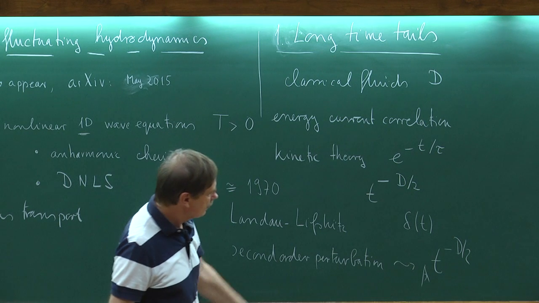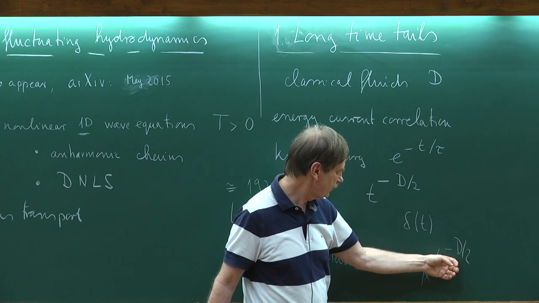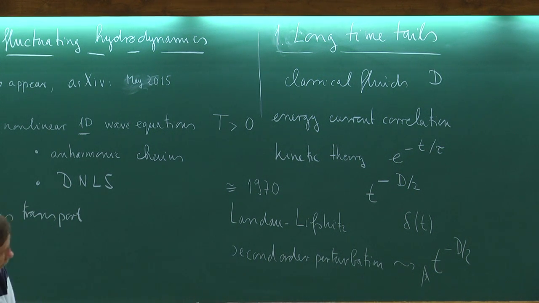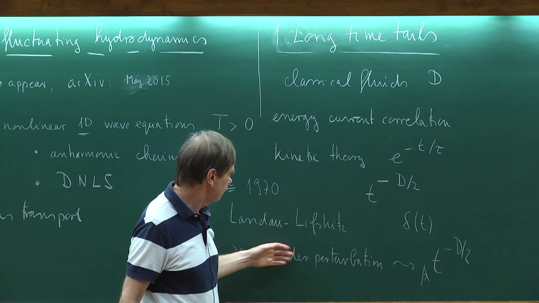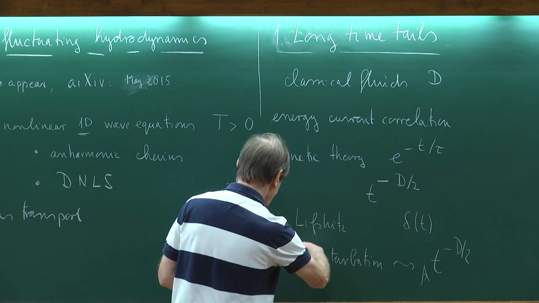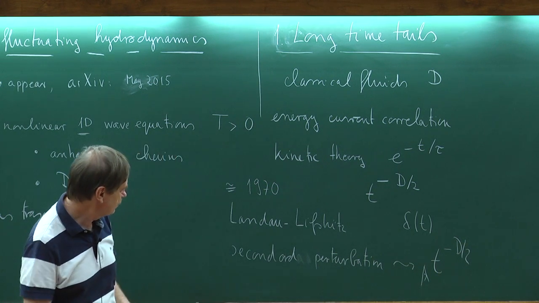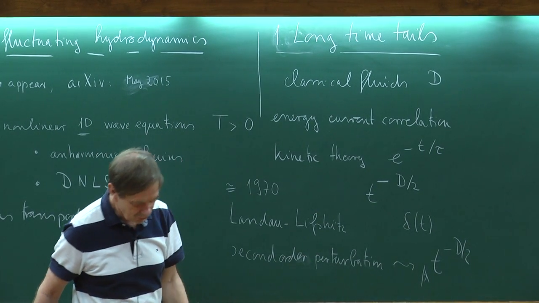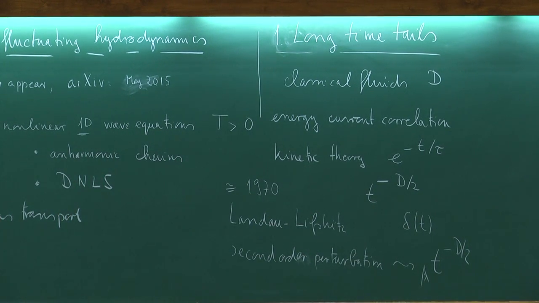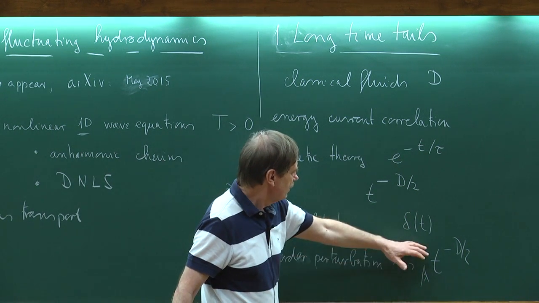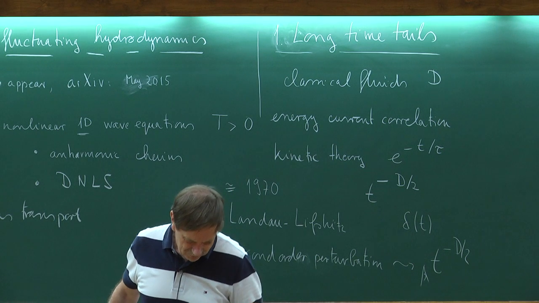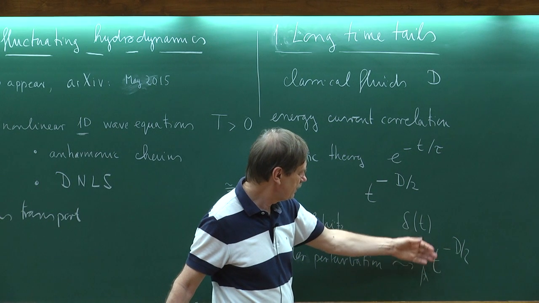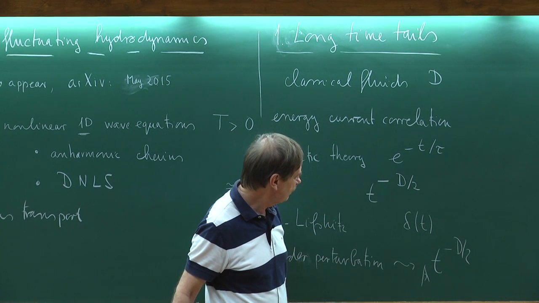Now you look at 2 dimensions. That's, of course, where people were excited, because it goes like 1 over t, and so you have a mild logarithmic divergence, and of course, you cannot completely trust this anymore, but it's such a small violation that you would think it's still more or less okay. Of course, conceptually it was an exciting thing to notice that there's something strange going on in 2 dimensions, but in the usual parlance, this would be the upper critical dimension, and it's still more or less okay.